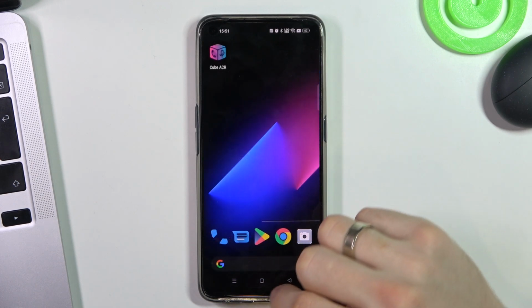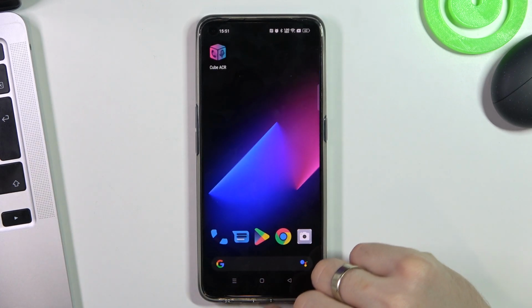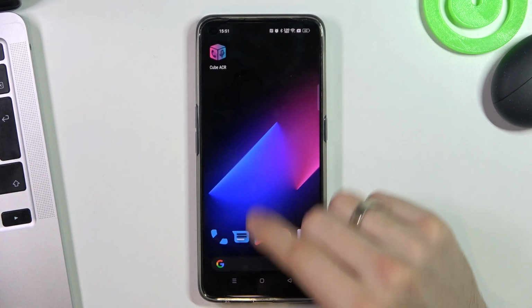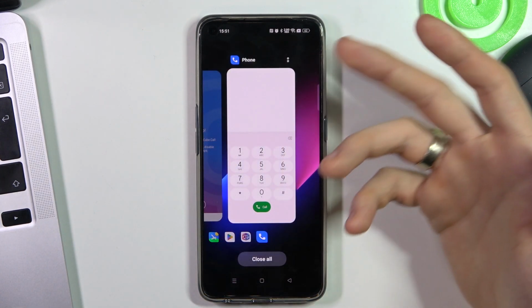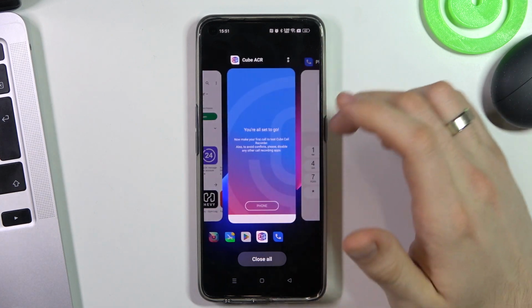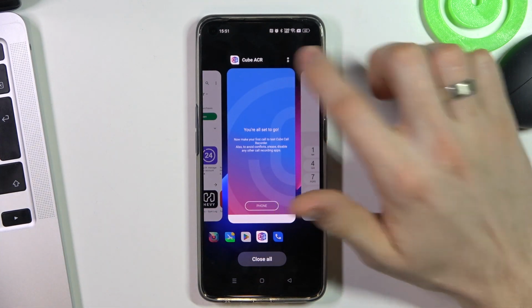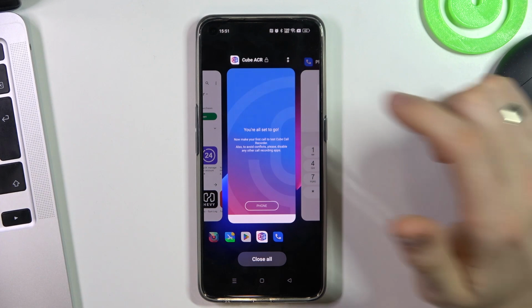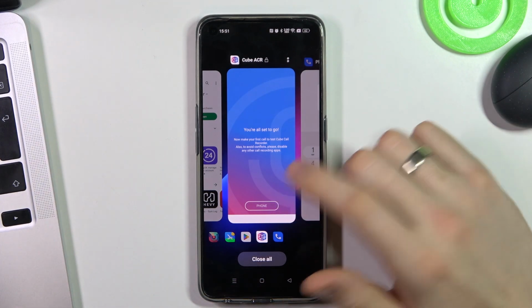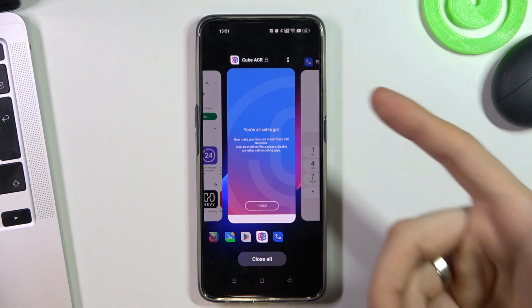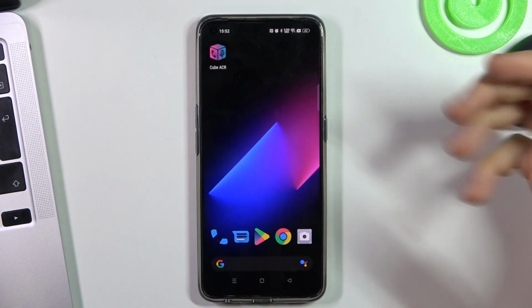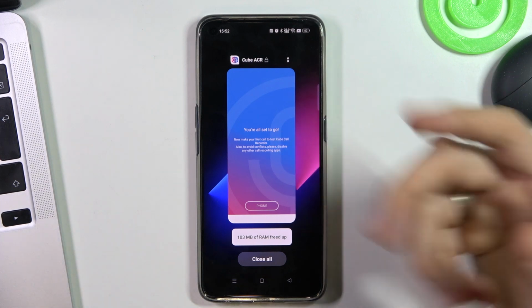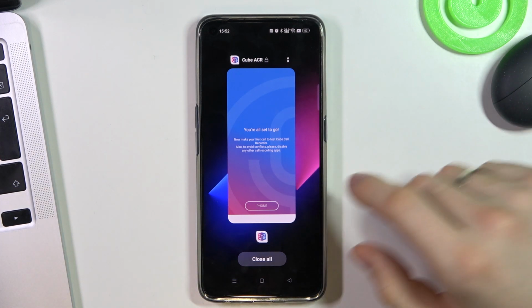So just click on this three lines button, or if you are using gestures, you need to swipe from up to down. And here you will see your Cube ACR. Click on this two dots button and choose lock. Great. You have locked this Cube, and if you close all applications, you will not close Cube automatic call recorder